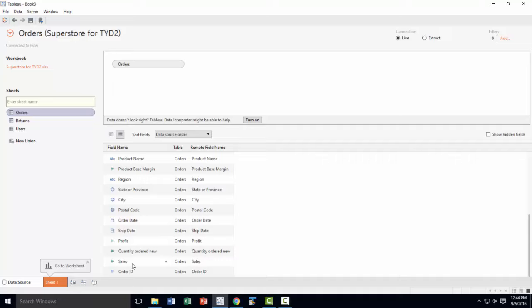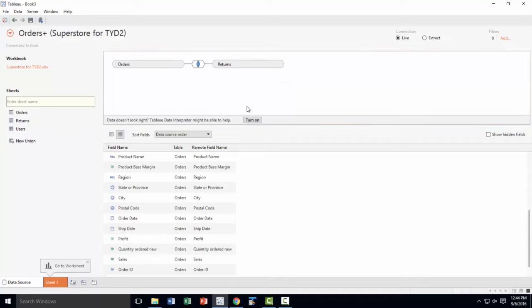Since the order ID column with the same name is present in both the tables, the join would be automatic. So if you click, drag and drop the return table here, it automatically figures out that order ID is the common field,